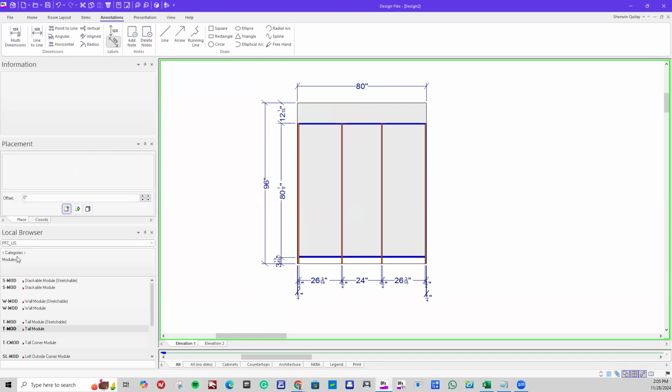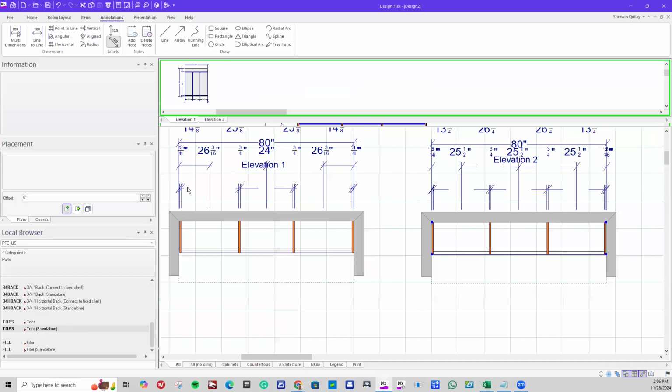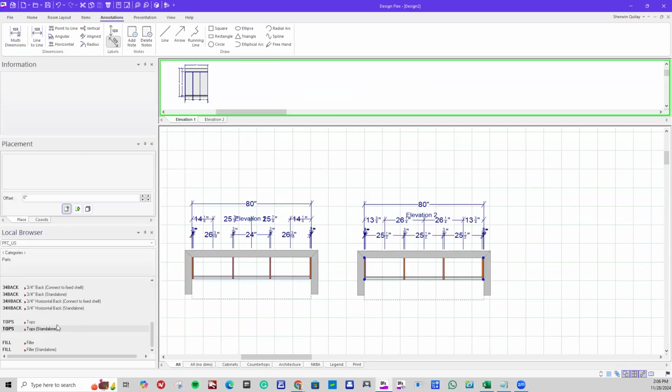Now that we're done adding our modules for our first 2 examples, we're going to double click our categories and we're going to move on to parts. If I double click our parts, we've got our panels, shelves, drawers, doors, floating shelves, and below we've got cleats, toe kicks, valances, inset backing, tops, and fillers. You'll see that all our parts have something called standalone. Anything that says standalone means that you can drag and drop a part off screen that's not connected to a module. So if I wanted a top, so these are countertops,